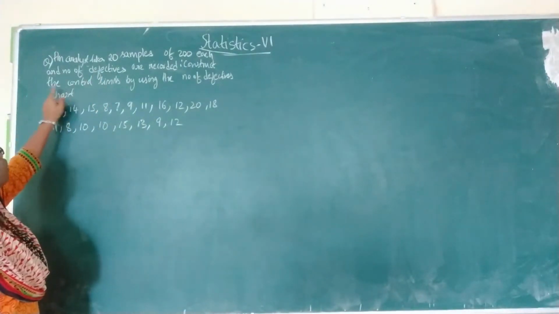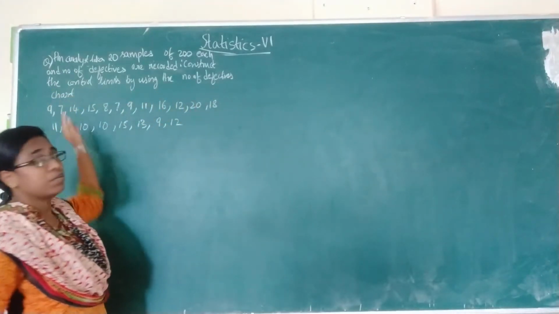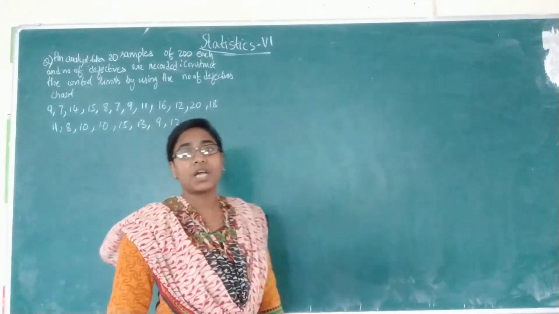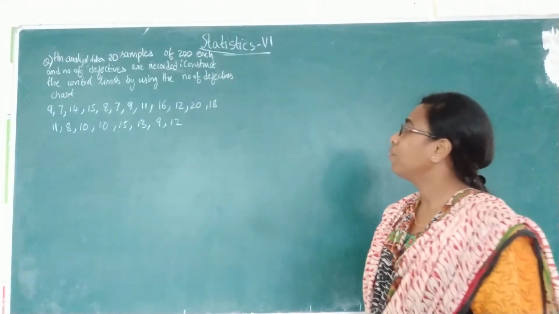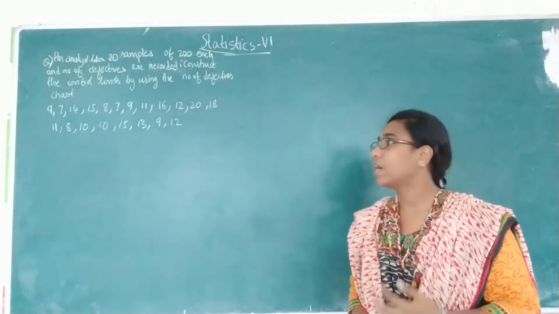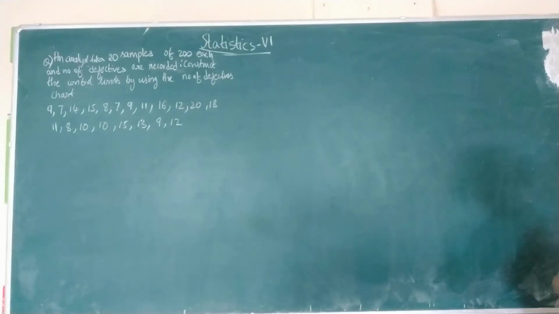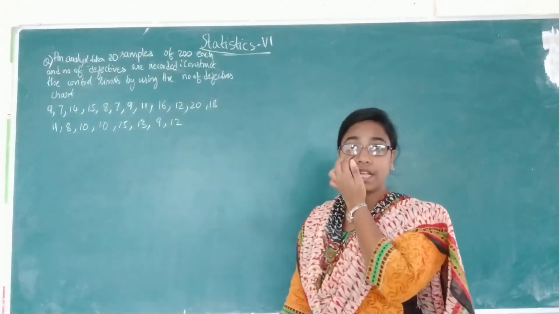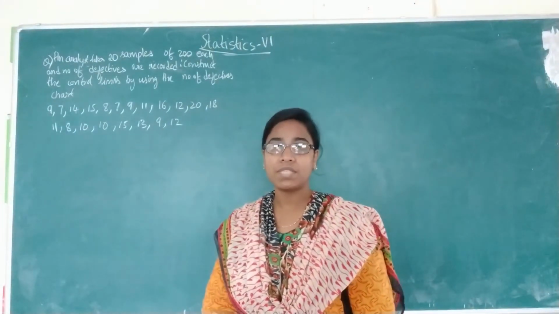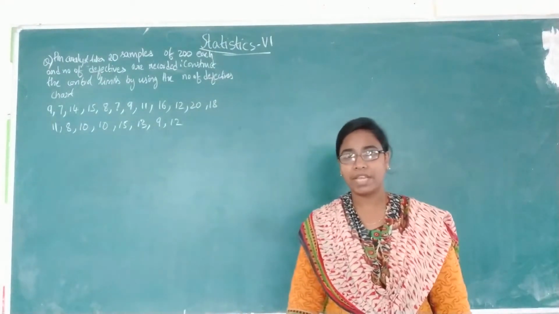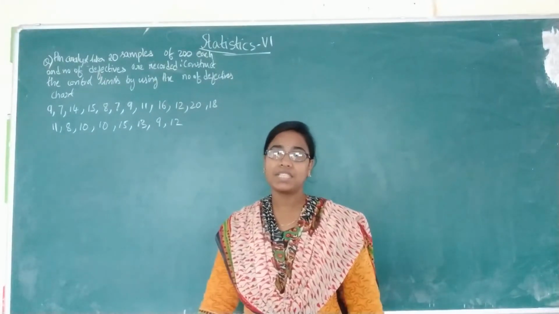Now they have asked us to construct the control limits by using the number of defectives chart. Number of defectives chart means it is the NP chart. So here we are going to do the problem related to the NP chart. In the sample size they have specified that each is of size 200, so all the samples have the same sample size. It is a fixed sample case, so we are going to construct the NP chart with the fixed sample size.